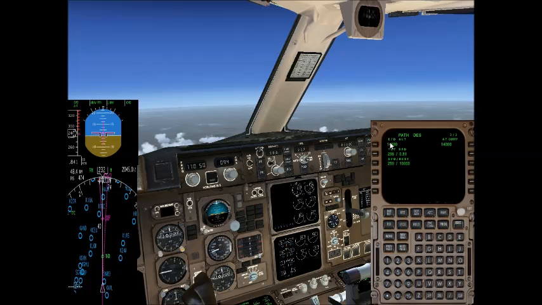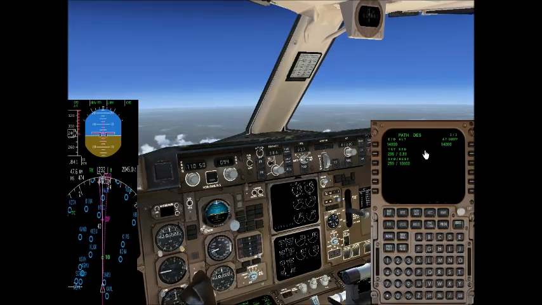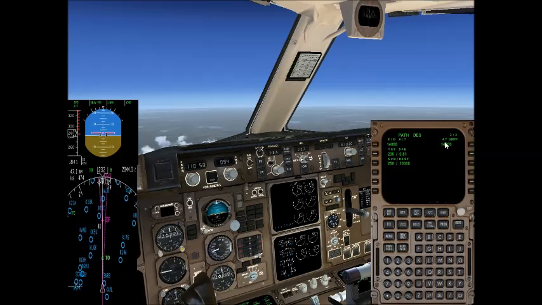So end of descent altitude is set at 14,000. And then that's at the dirty intersection. And the target speed at that point would be 0.81 Mach, 296. So you can adjust that if you want in here and keep your VNAV on, but I like to keep my